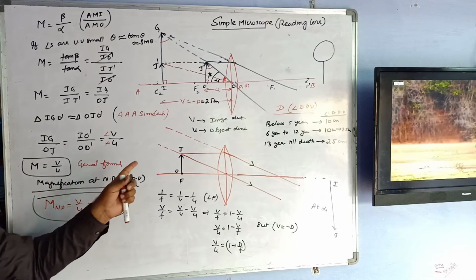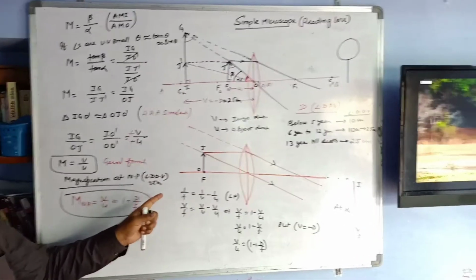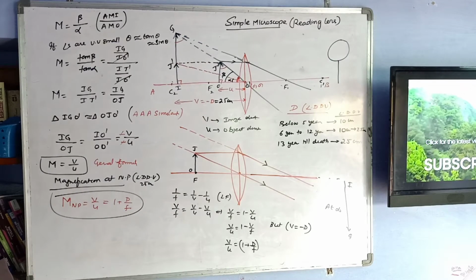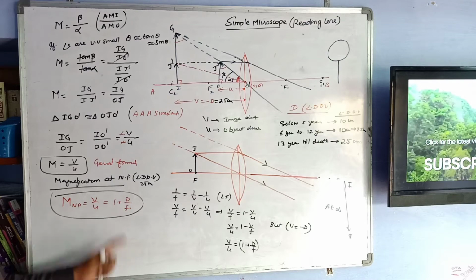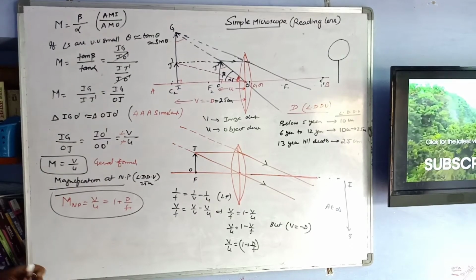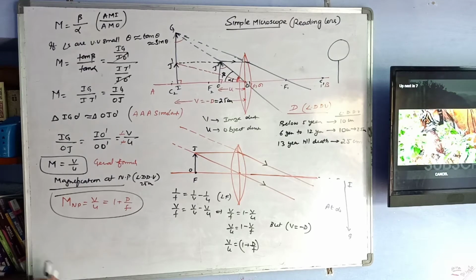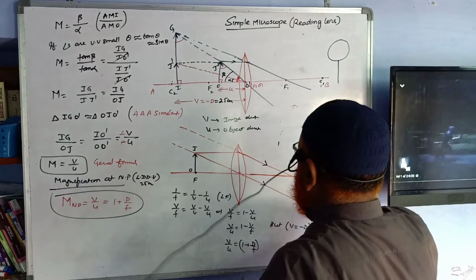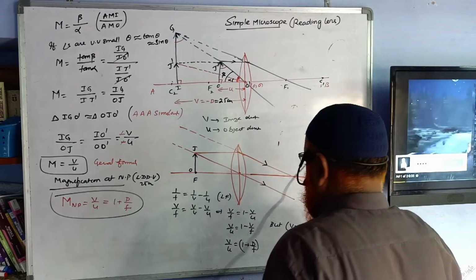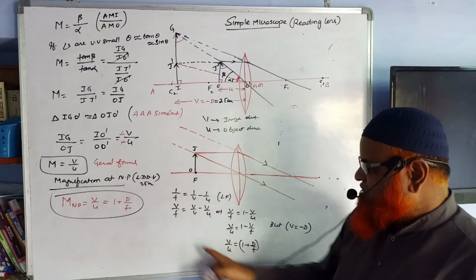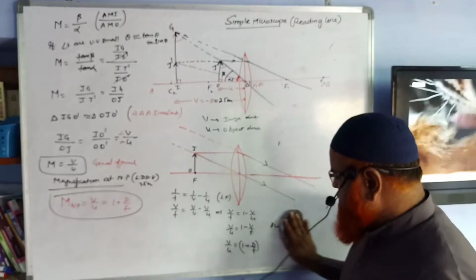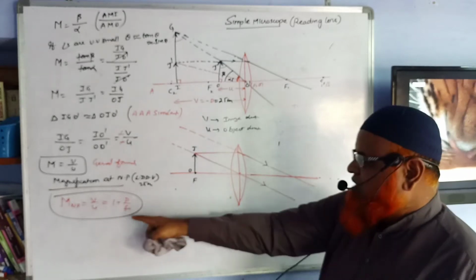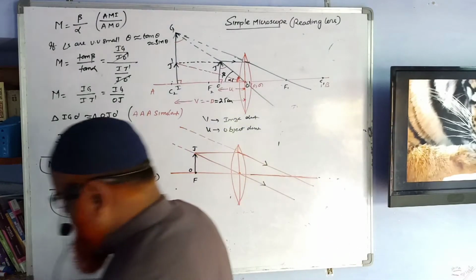Now we can find what is the far point. Take a screenshot of this concept. Once you take a screenshot, I can go further for far point magnification. So if you have understood this as a near point magnification, now we shall discuss about far point magnification. What do you mean by far point magnification here? So in the far point magnification, so I think you understood this one. This is the small derivation if I am going to rub now. So here, anyhow we got the final answer for near point magnification as 1 plus d by f here.